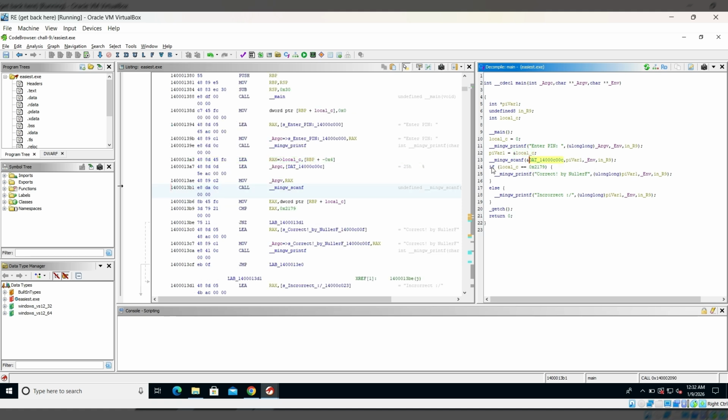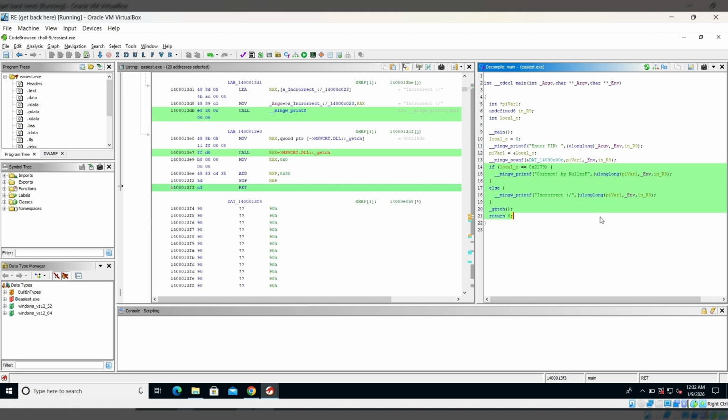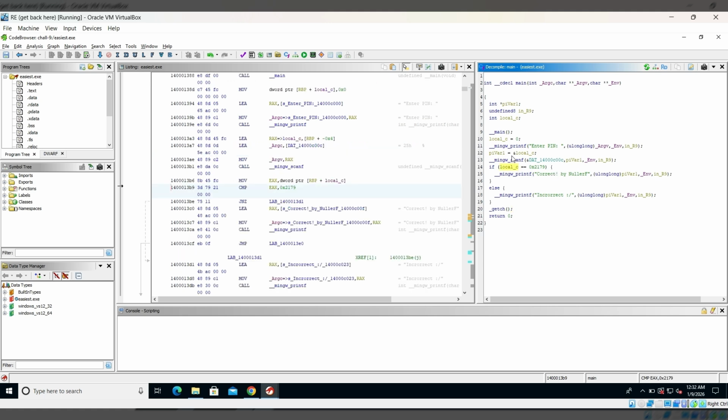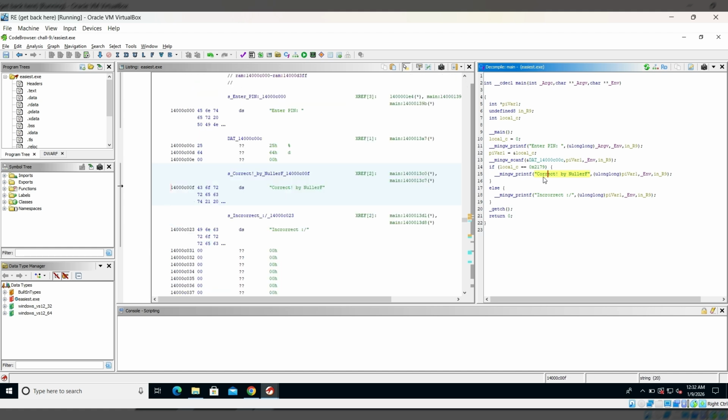and it is taking input, and the important thing over here is the comparison. That is something that we have also done in x64 debugger, but there also we have seen that we need to look at the comparisons. So here the comparison is happening over here, and you can see that the variable that has been declared before is being compared against this, which is most probably in hex. So if you just hover your cursor over here, you will see what it looks like in decimal, which is 8569. So most probably, if the input that we'll be giving, if the pin is 8569, we should be getting the output as correct or else incorrect, which we already saw.